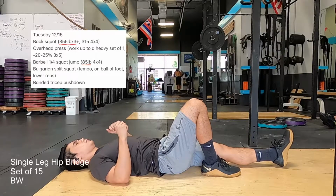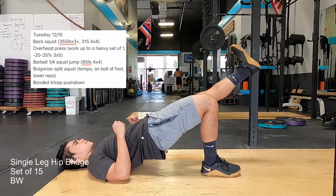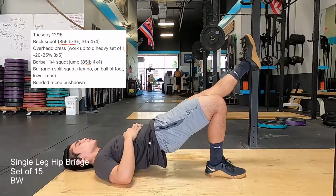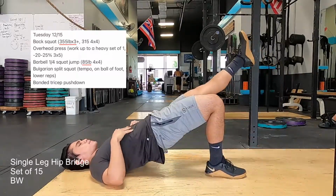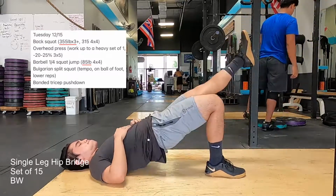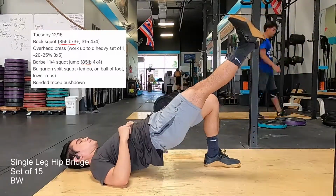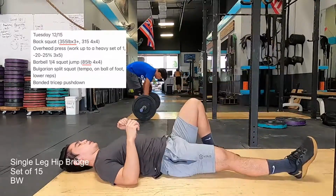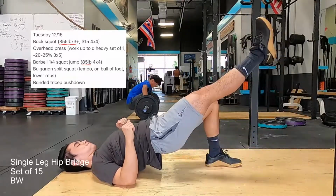How's it? Today's Tuesday, December 15th, and I've got a back squat day. Today's pretty interesting because I feel like every time I squat in pounds, things just don't turn out the way I want them to. And so last week I did, if I recall correctly, 155 in kilos, which